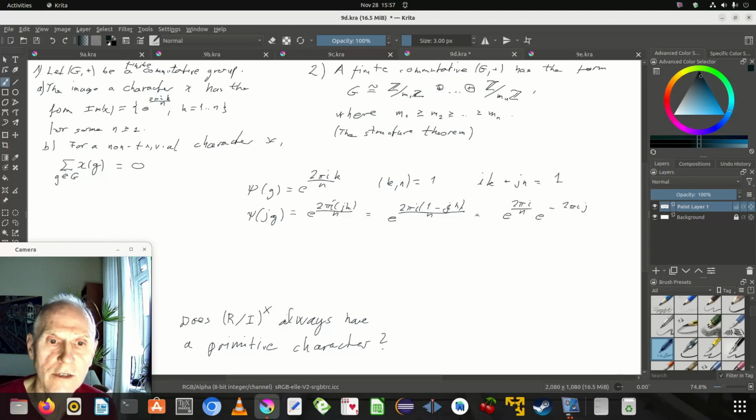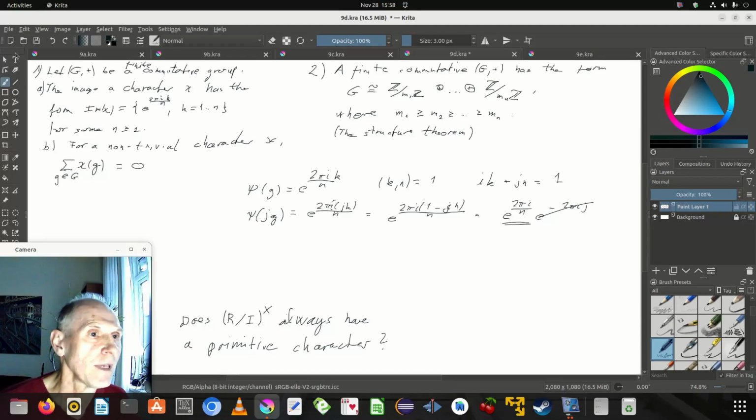The n's cancel in the last expression, so this gives unity. So that means that 1 divided by n occurs. So this is a guy that maps to the first element on the circle of that kind when the circle is split into n points. And that means that for some